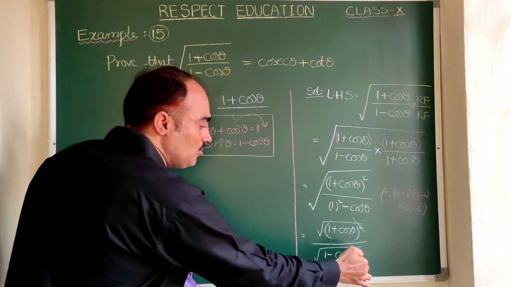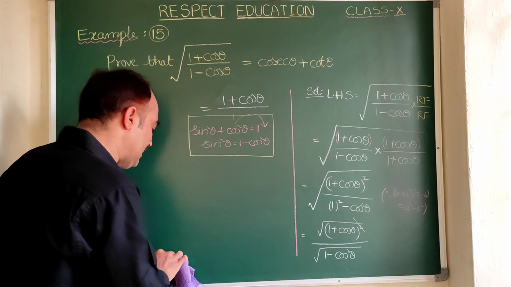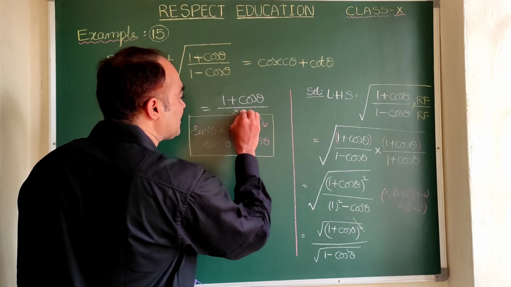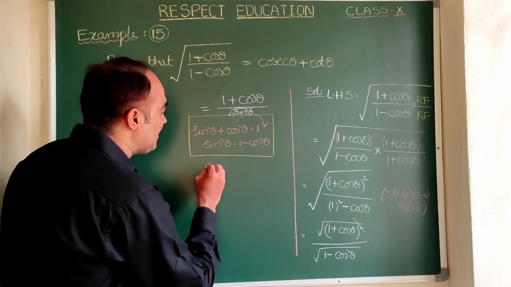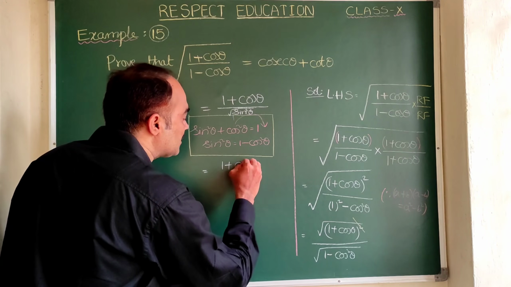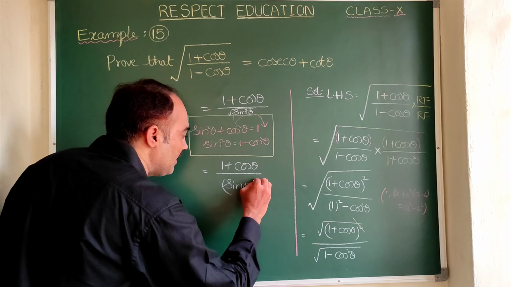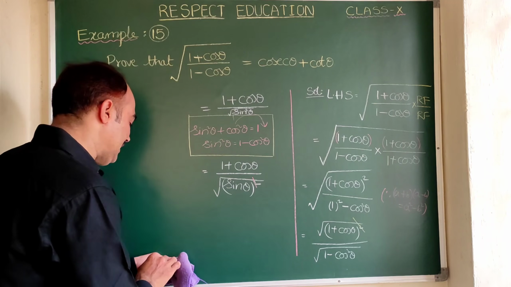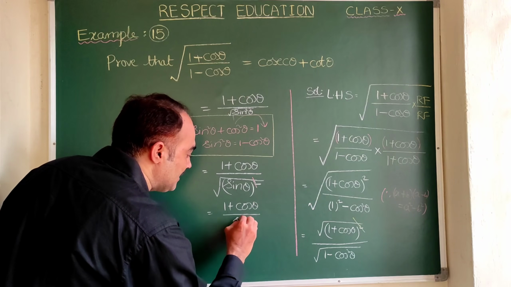So based on this formula, now here I am going to change 1 minus cos square theta as sin square theta. Again square root is also there, so here we can write 1 minus cos square theta as sin square theta under root. Sin square theta can be written as sin theta whole square, so the square and root get cancelled. So let us write it clearly, 1 plus cos theta by sin theta whole square, here it is under root. Now this root and square both get cancelled. Now here what is left? 1 plus cos theta by sin theta.